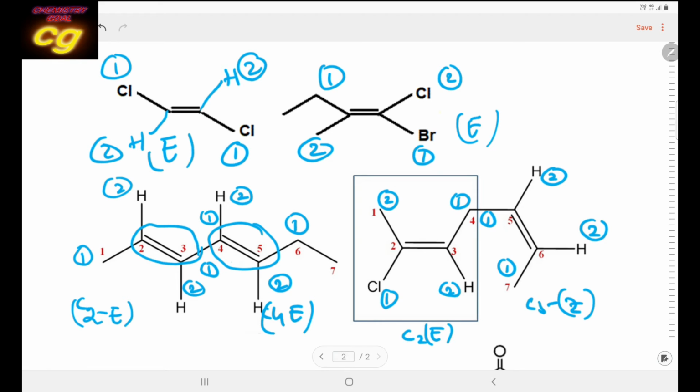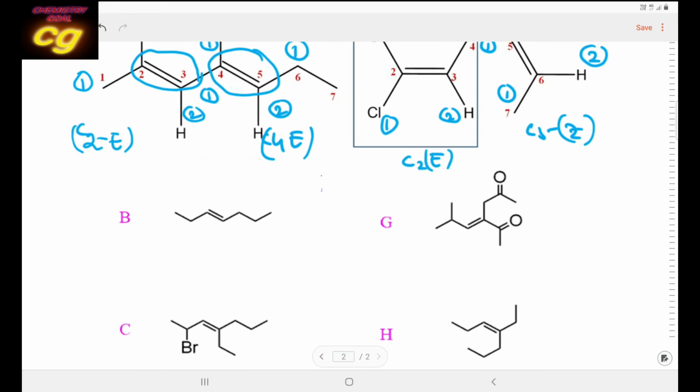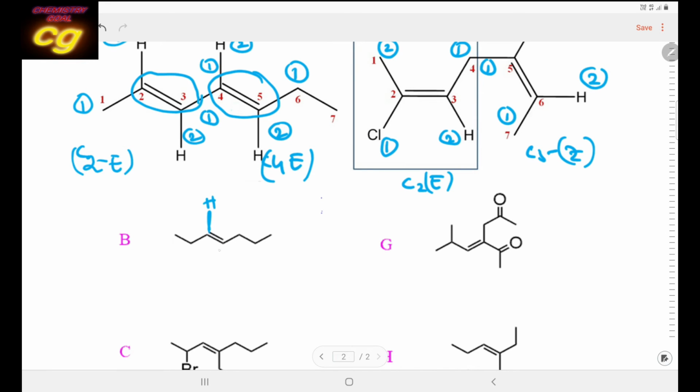So there are 2 types, E arrangement and Z, that means entgegen and zusammen, both types of structure available in this type of structure. Okay, you see other examples here same. So across the carbon double bond, here is not shown, this is your hydrogen and this is also hydrogen.